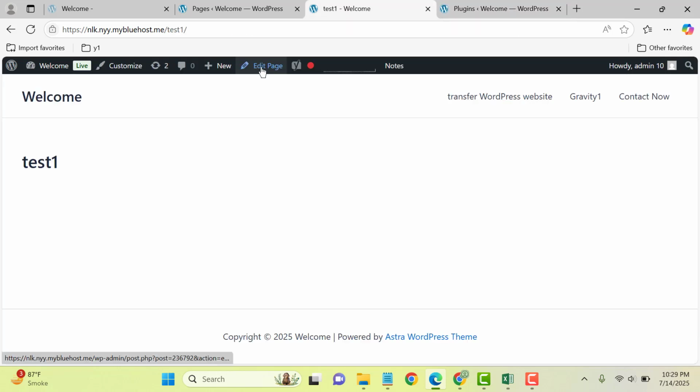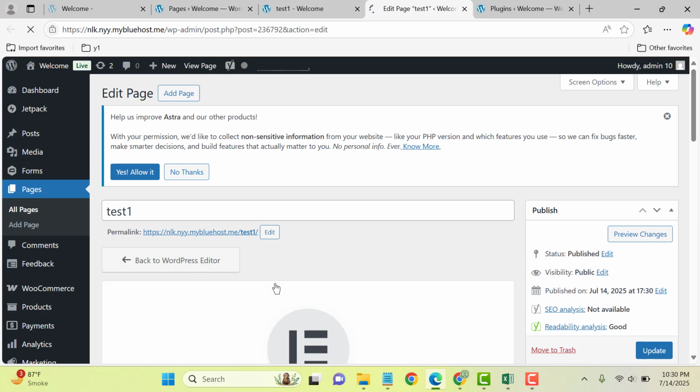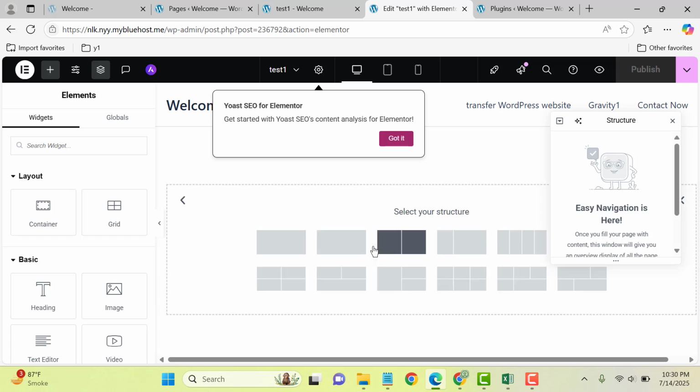So now let me go back here and enable Elementor page builder. So click here, and now Elementor page builder is loading. Now let me add a new section here. So let me take 2 columns,